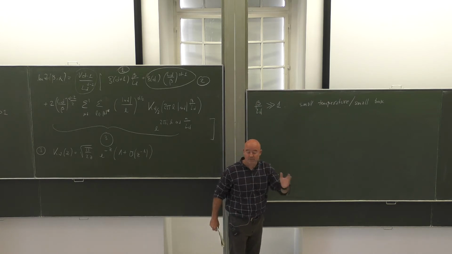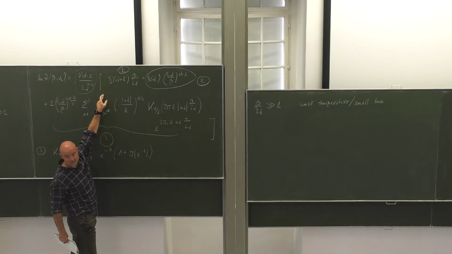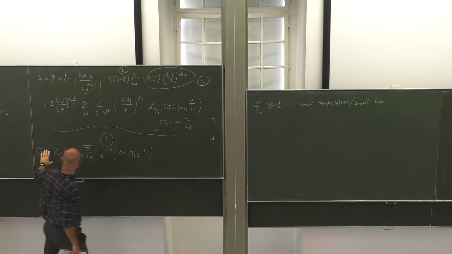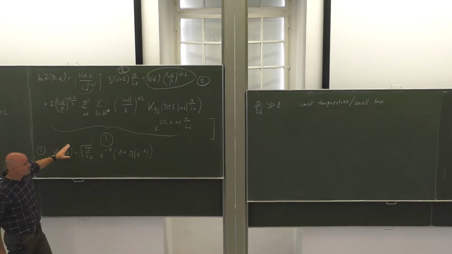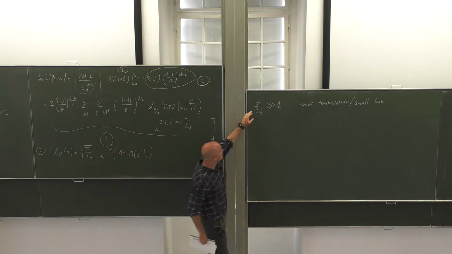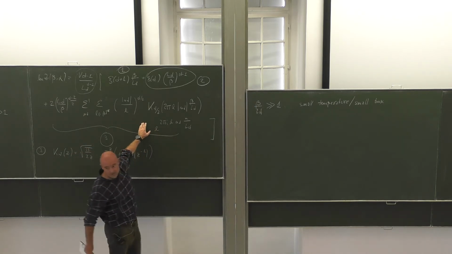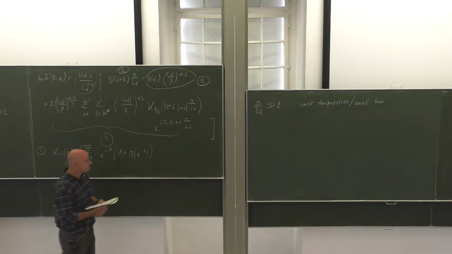That's also why this Casimir term is going to dominate in this expansion. So you know that all these terms, because you know the behavior of this modified Bessel function for large z, are exponentially suppressed and you don't need to care about them so much. So if you're interested in what happens at almost zero temperature or for a very small box, all these terms are exponentially suppressed. That's one thing that you can see.